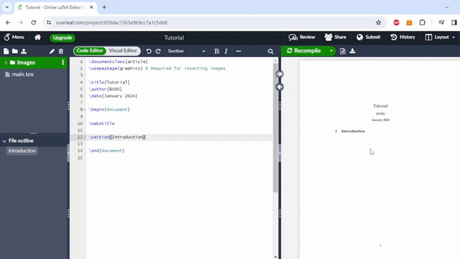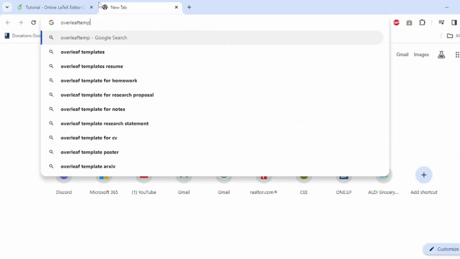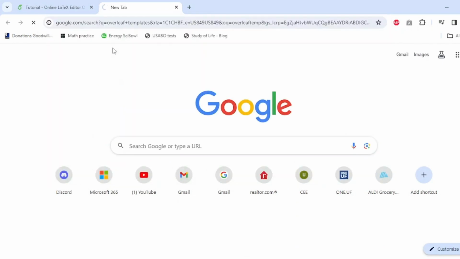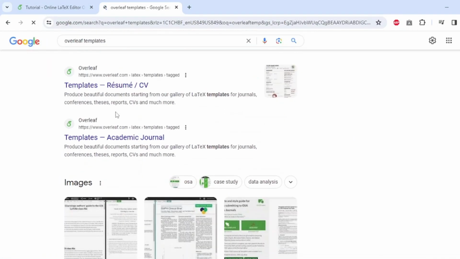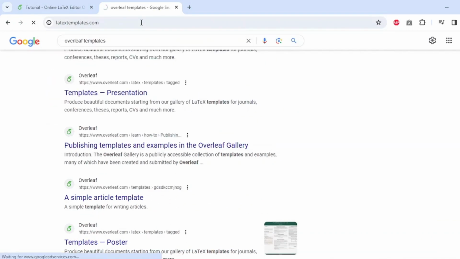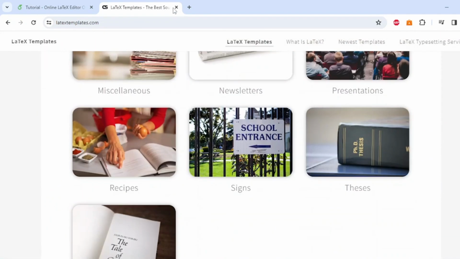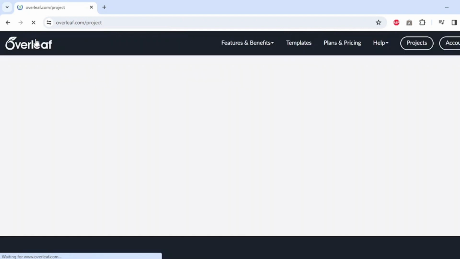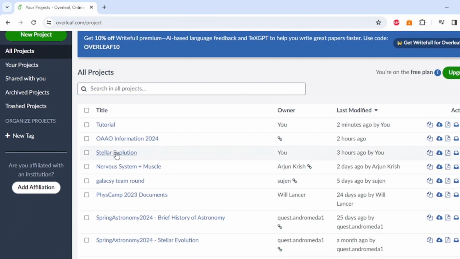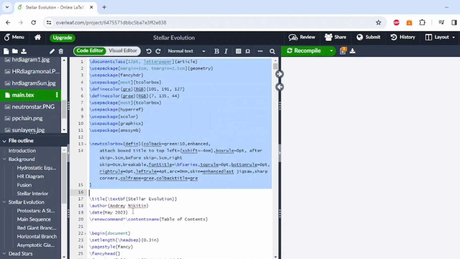And if you don't like the format in here, you can always look at a template and just copy paste the code from there. For example, I can just type Overleaf templates, and it's like the first thing that shows up. They have a bunch of templates here, and I could do LaTeX templates. It also gives me a bunch of templates. You can go through, find whichever one you like the most. I personally found my own template that I really like, so whenever I want to use it, I just go to an old project that has it and copy paste the code here,